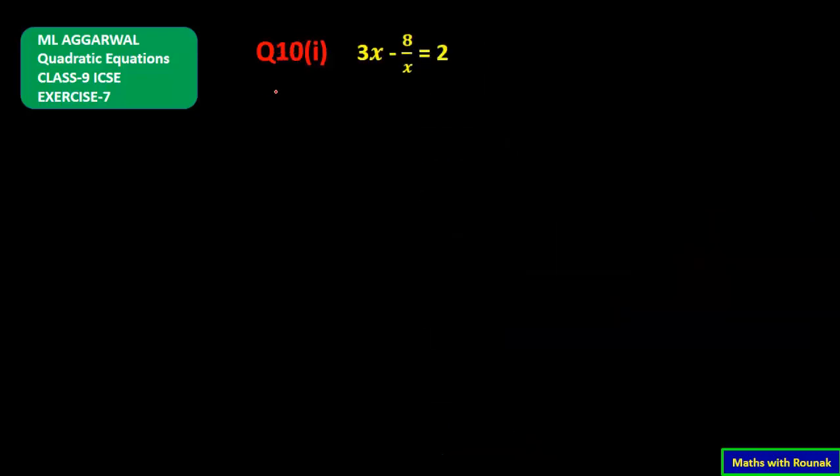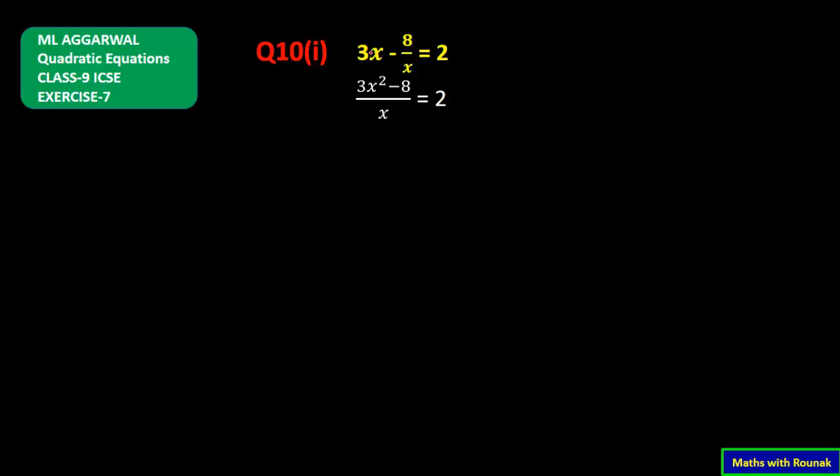Now let's begin with question number 10 part 1 of M.L.Aggarwal from chapter Quadratic Equations of class 9. The question is 3x minus 8 by x is equal to 2. So we can take x as LCM from here. After taking x as LCM, our equation will be 3x squared minus 8 upon x is equal to 2,